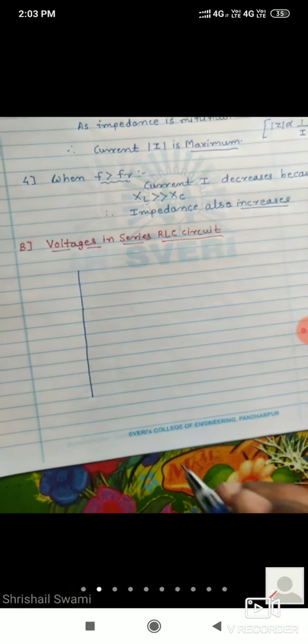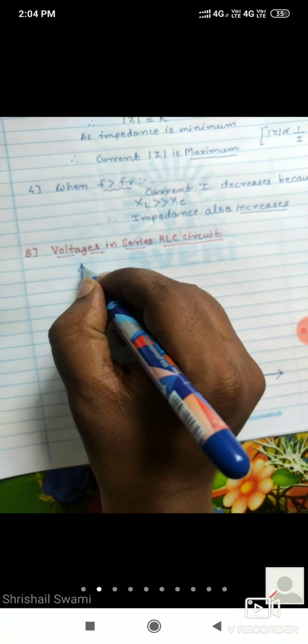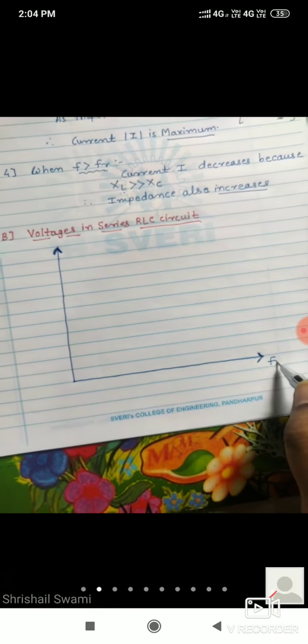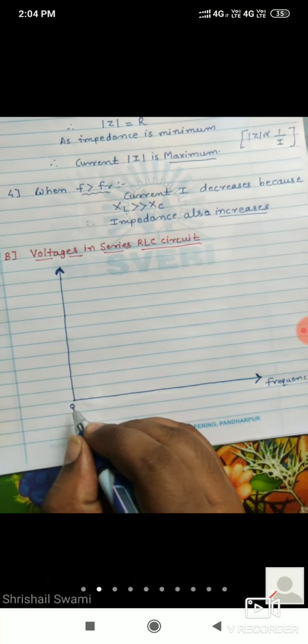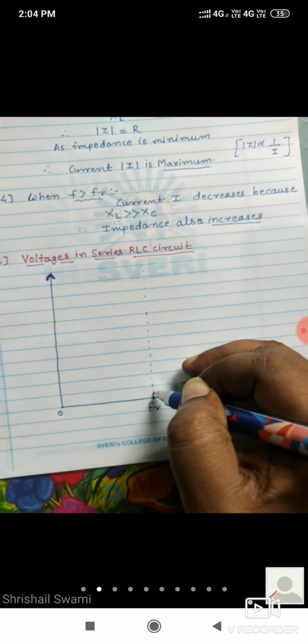So Vs is the total voltage. What will Vs be? Total voltage. So the x-axis will be frequency f. Okay, this value will be 0. Somewhere I will mark fr. I mark fr like this, dotted. I will mark it as fr. Okay, now